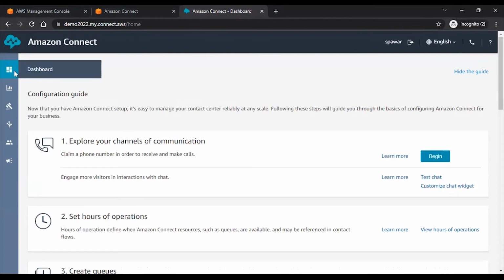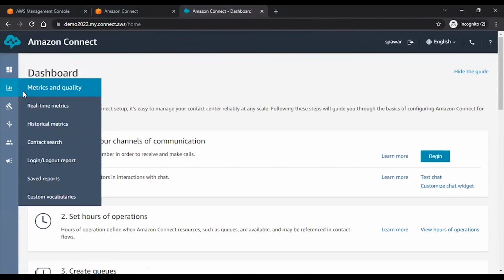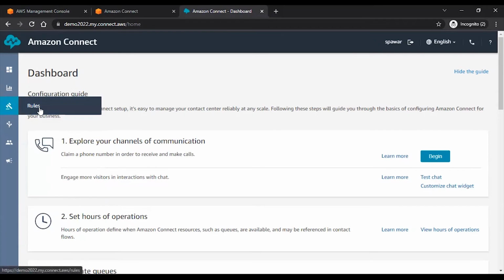On the left hand side, there are a few icons. The first is a dashboard. Second is metrics and quality. We will get to see real-time metrics and historical metrics. You can see the login and logout report of the agents. You can search for the older contacts that have been taken care of by the agent who has performed the calls. Then we have rules,